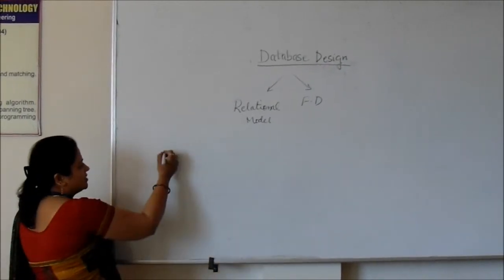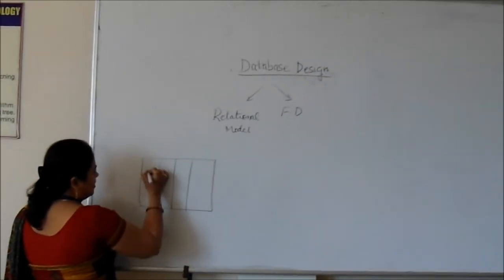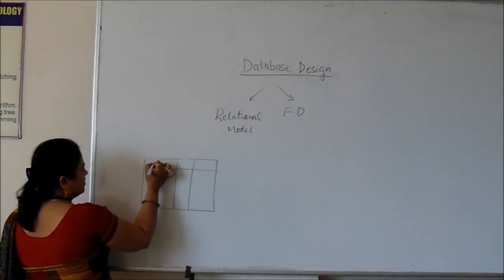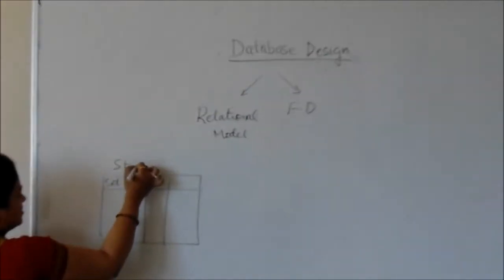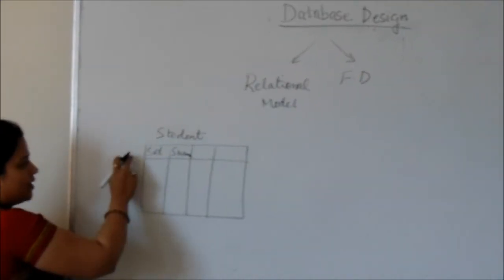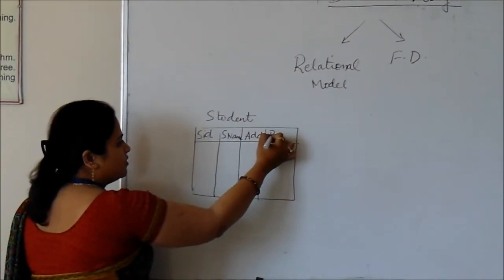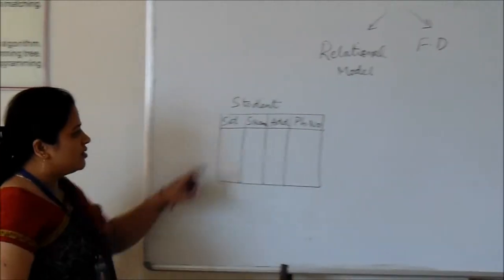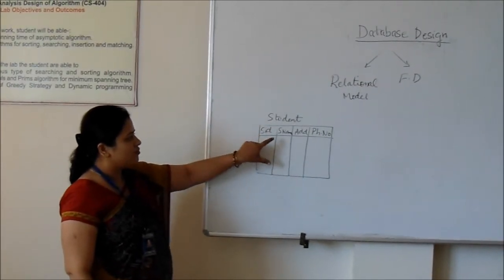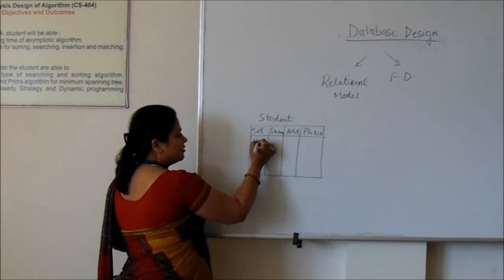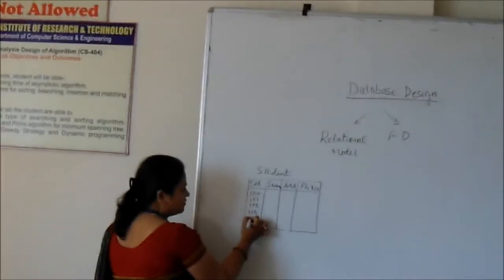So, relational model is basically design of relation. This is a tabular representation of database. Here we populate the values of data with the help of row and columns. For example, this is a student relation and the values I populate in it are student ID, student name, student address and student phone number. So these values identify or define a student. For example, if I populate these attributes with some domain values, for example, student ID 100, 101, 102, 103, 104.